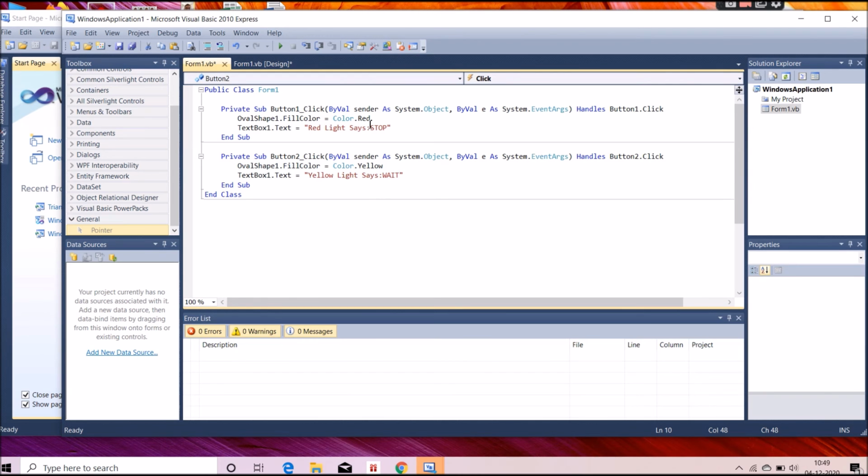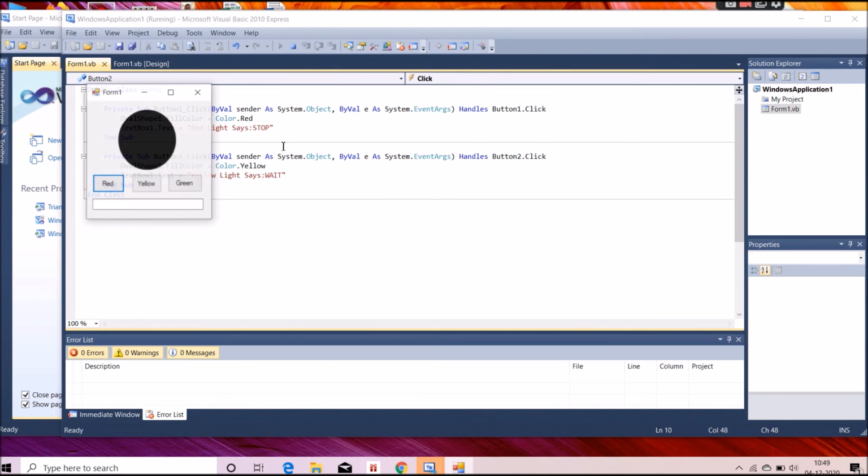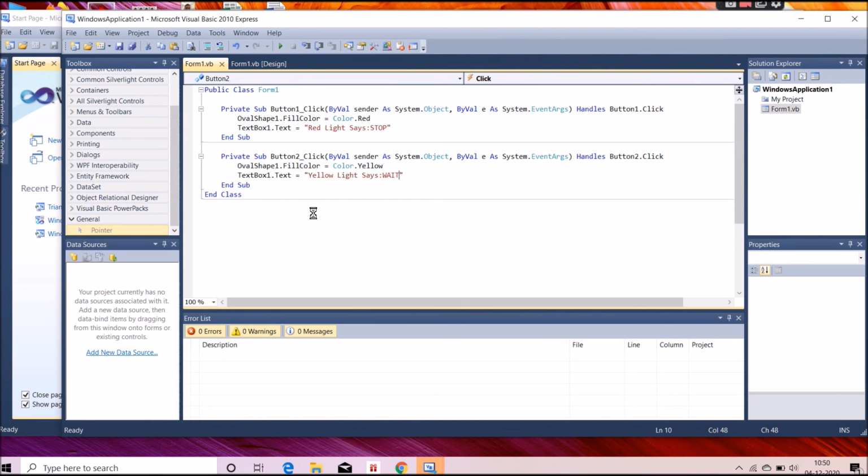Now after doing this, you can check again whether it is working or not. Red is working, yellow is also working, the message also came here. So green is not working. In the same way you have to make another code.